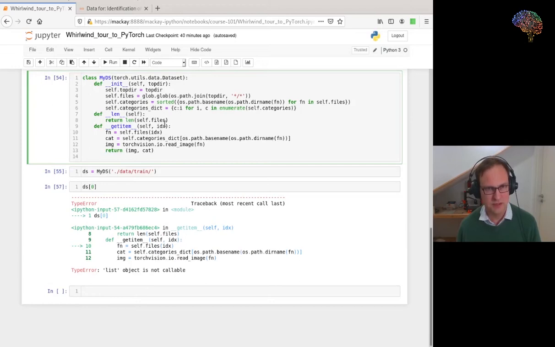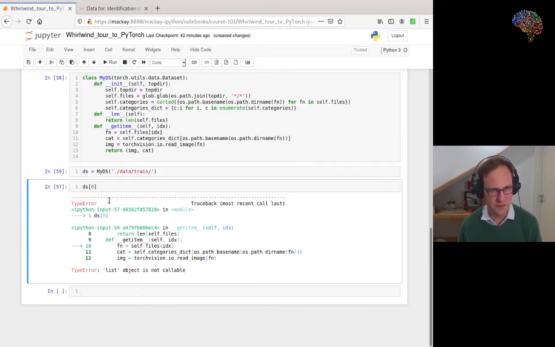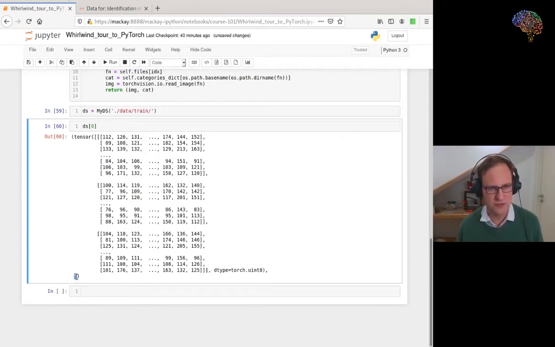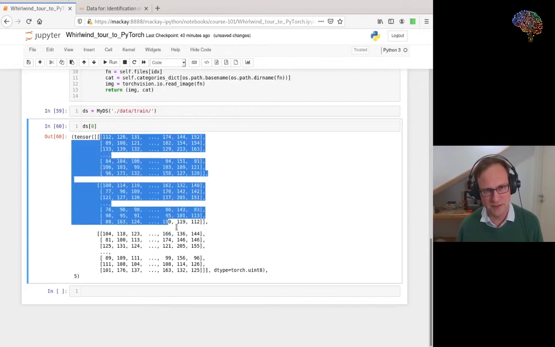List object not callable. Oh, okay. I need to take this index here. Sorry about that. Okay, so I have the image, I have the output, and now one thing that's particular about